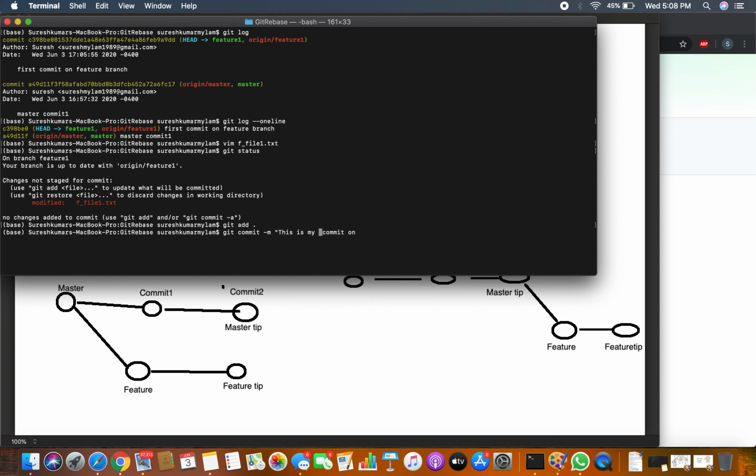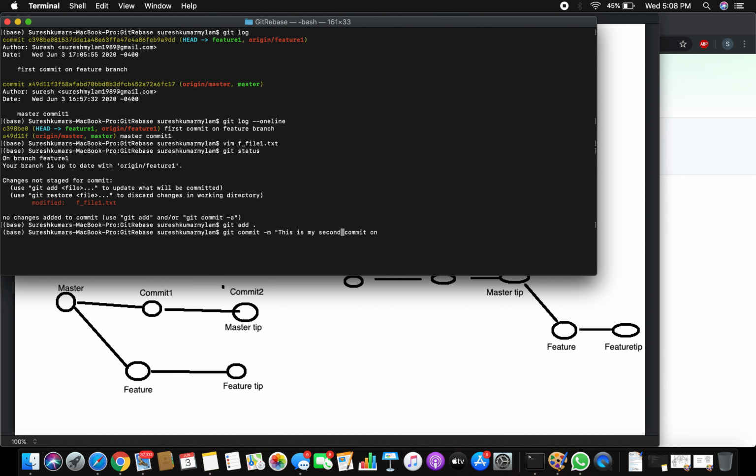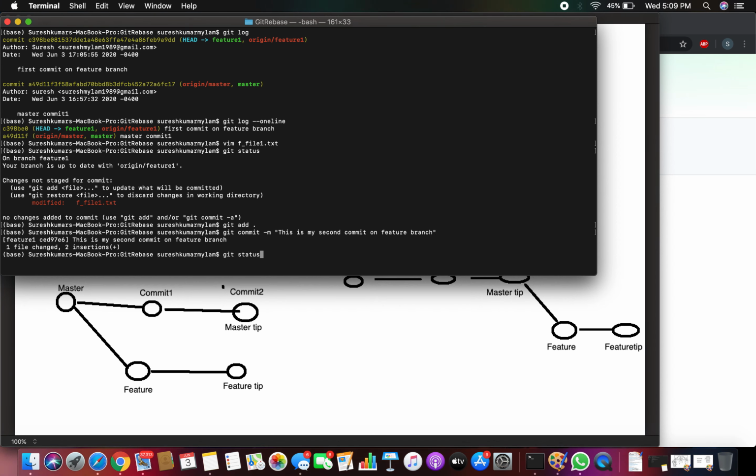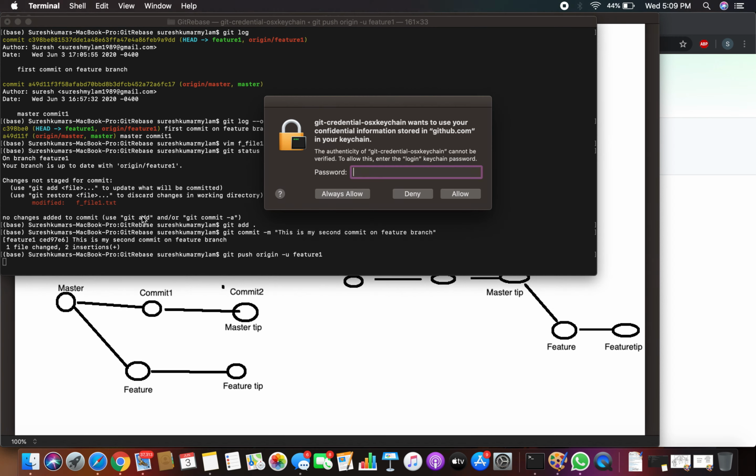Let me give some meaningful name. Second commit on a feature branch. Okay, I'm going to push this again.